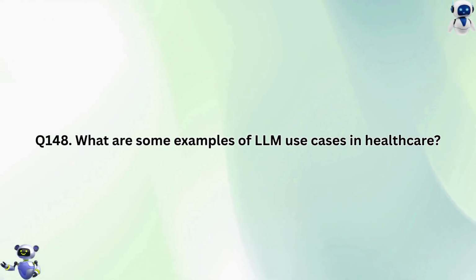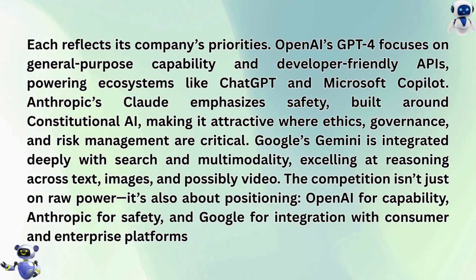What are some examples of LLM use cases in healthcare? LLMs in healthcare assist with drafting medical notes, summarizing patient histories, and converting jargon into patient-friendly explanations. They also support literature review by synthesizing research papers, accelerating drug discovery. For clinicians, copilots help with form completion and compliance documentation, reducing admin burden. At the same time, LLMs must be carefully supervised to avoid hallucinations or unsafe recommendations, as patient safety is paramount. So their role is assistive, augmenting doctors rather than replacing them.